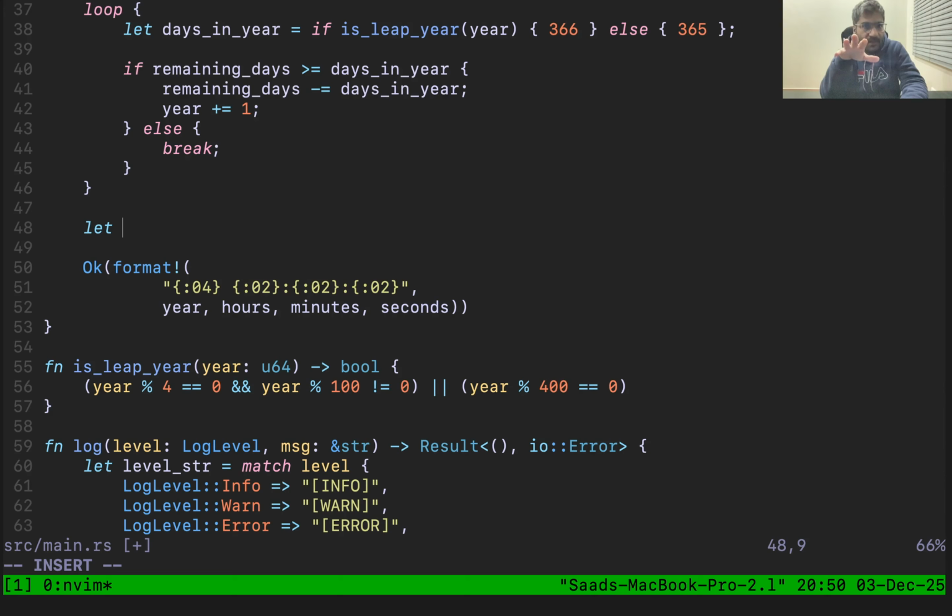So now we have the remaining days. The remaining days variable is updated, and now we need to shrink it to the year. So now we need to find from that the remaining days, which is the current year, the actual exact month. For that part, what we can do is say that days in month, and days in month should be,